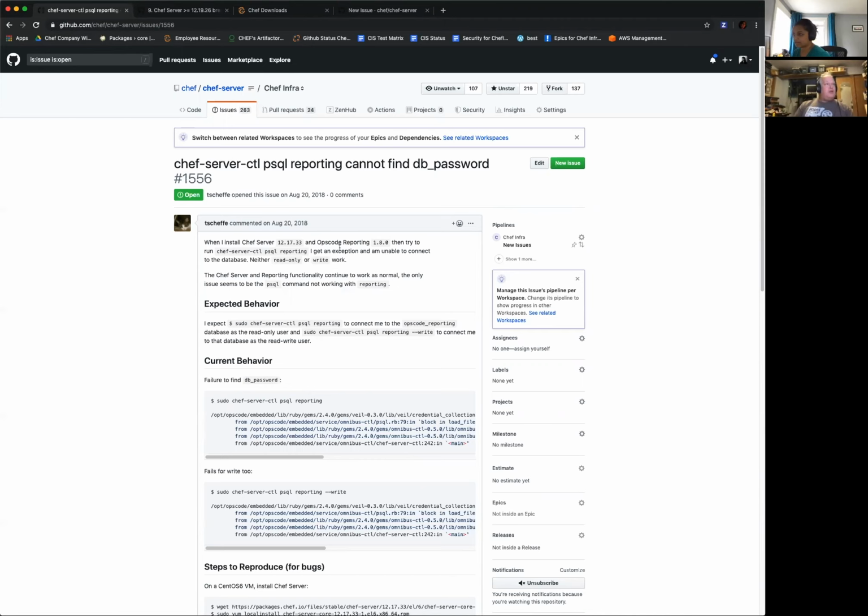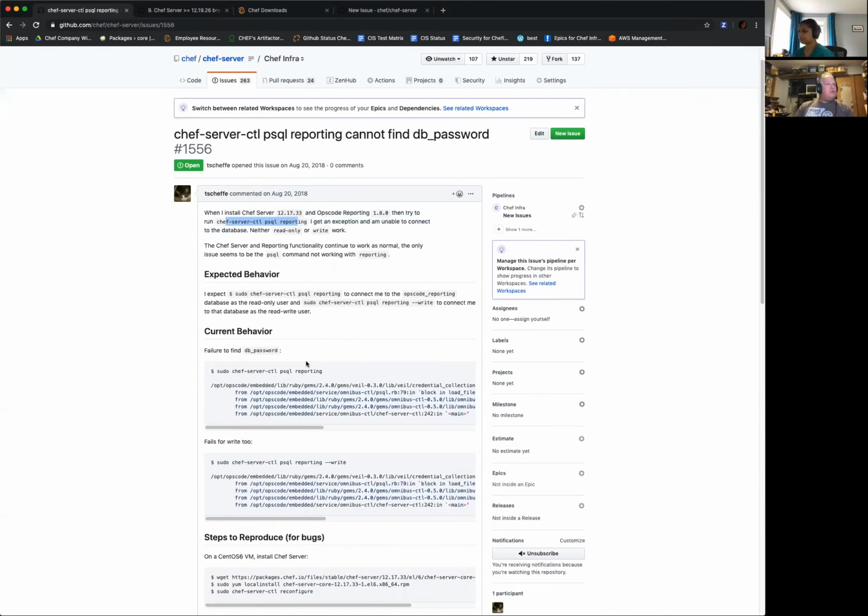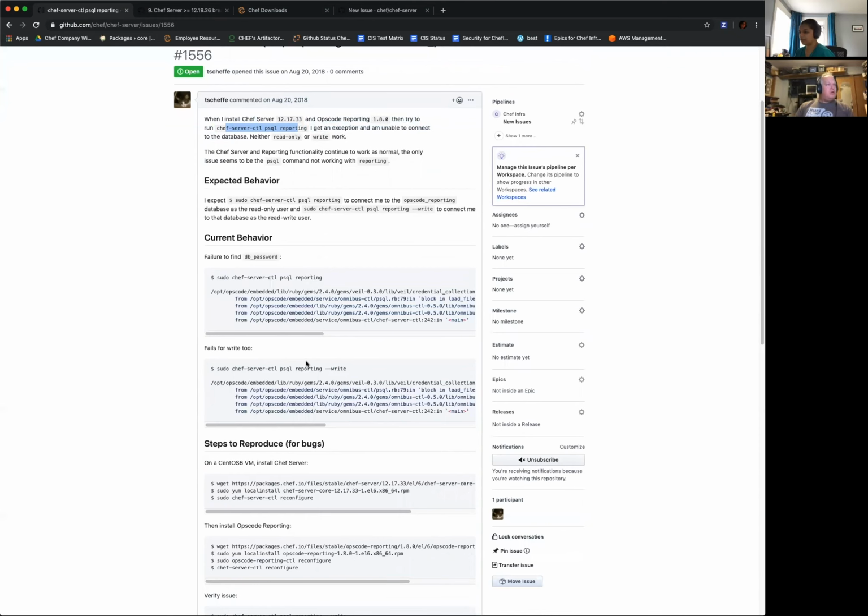It's a great little write up. Oh, they're trying, so this is different. They're running the PSQL reporting command, trying to connect to the PSQL database from the command line.